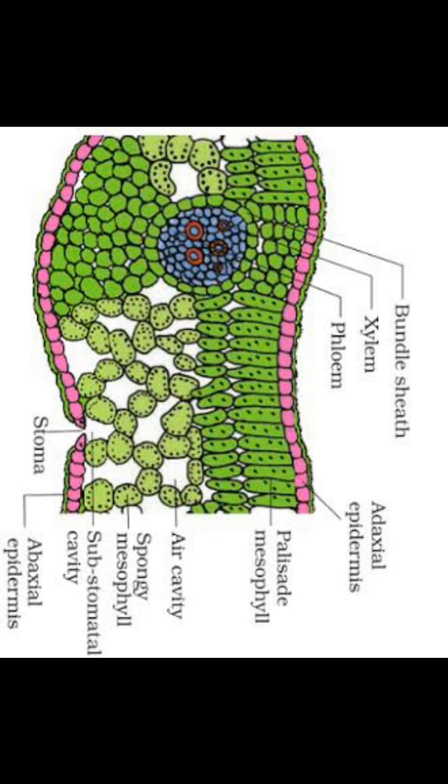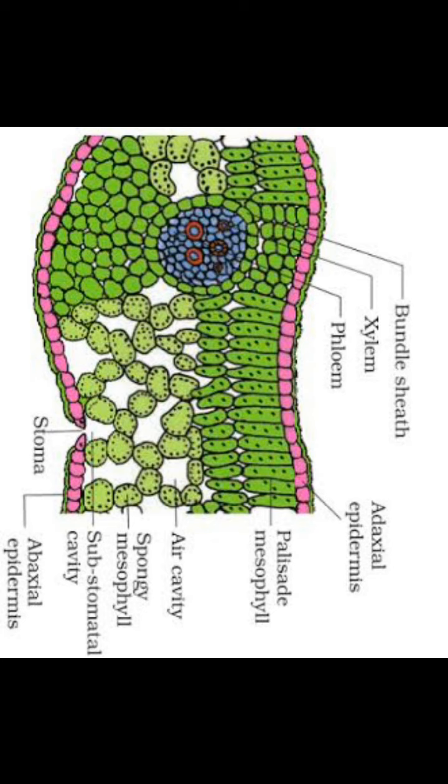The size of the vascular bundles depends on the size of the veins. It means if the vein is thick, swollen or lengthy, more vascular bundles are present. At the same time, if the veins and midvein are thin and short in size, then the vascular bundle count is also very low. Is this point clear?